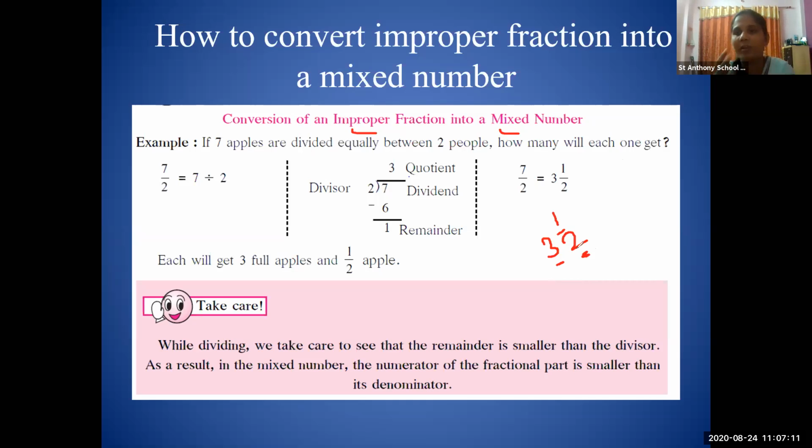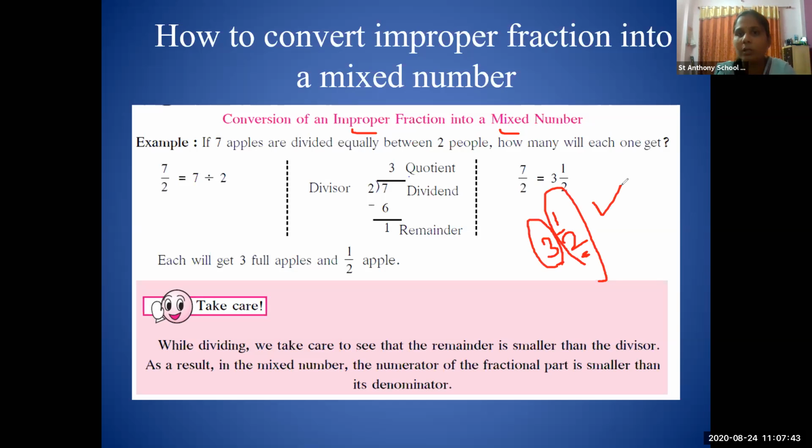Like for example, when we are making khichdi in our home, is only rice there in that khichdi? No, right? What is there? Any dal is there, any rice is there, dal is there, means all mixed ingredients are there, right? So that means it is mixed, right? So in this case of a mixed fraction, the integral part, 3, is also there, and the fractional part, 1/2, is also there. So this is known as a mixed fraction.